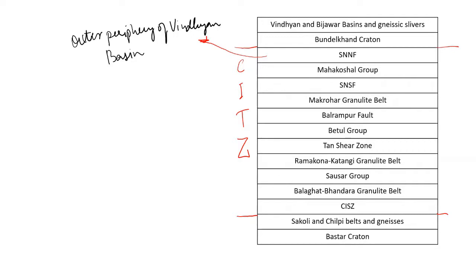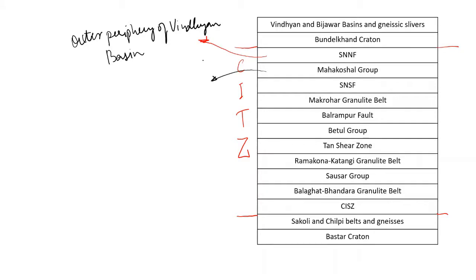So you may get such a question in the prelims examination of GSI or any other competitive examination where they may ask the northern boundary of CITZ coincides with the northern boundary of which supergroup. The answer will be the Mahakoshal. The Mahakoshal supergroup or the Mahakoshal supracrustal belt,